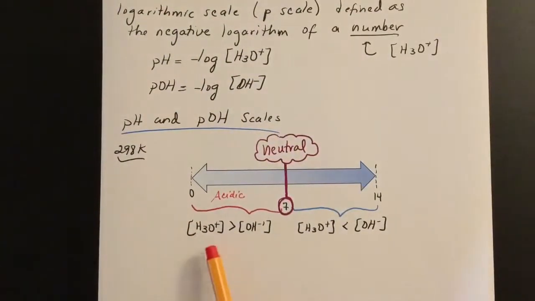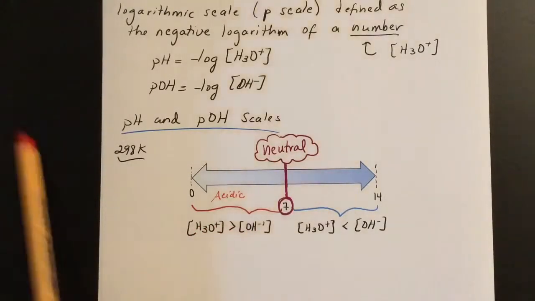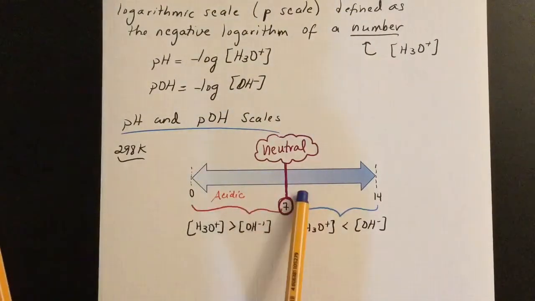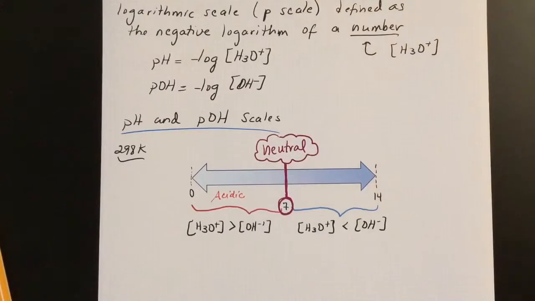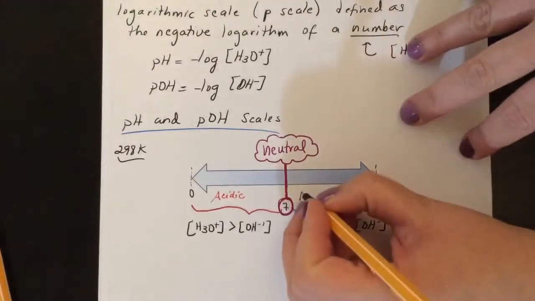For a substance to be acidic, we're looking at the concentration of hydronium and hydroxide. If the concentration of hydronium is greater than the concentration of hydroxide in solution, you're going to have a pH value that is below 7. And that substance is going to be acidic because you have more hydronium than hydroxide. If you have a pH value that is between 7 and 14, above 7 and before 14, in this range, you're going to have